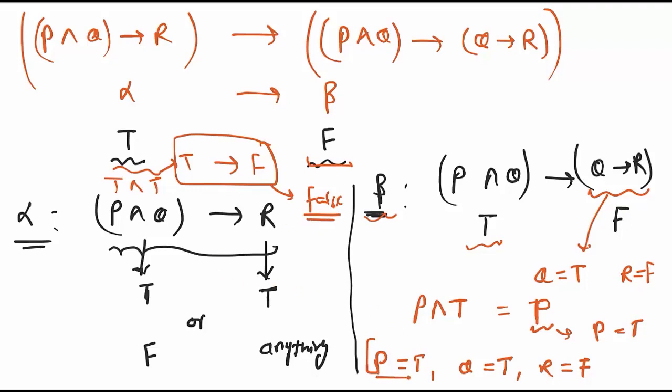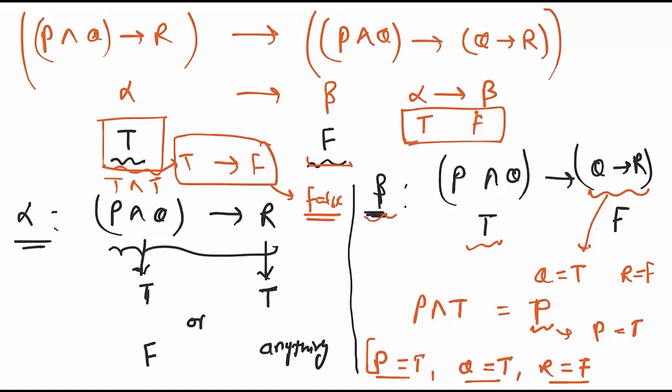So if I set these three values to alpha, then I'm getting a false value. I'm not able to make alpha to be true. That's why this true-false combination in the alpha imply beta is not possible, right? True false combination is not possible. Why? Because when we are trying to make beta to be false, at the same time we are not able to make alpha to be true, right? So that's why this true false combination is not coming up. That's why I can say this is a tautology,